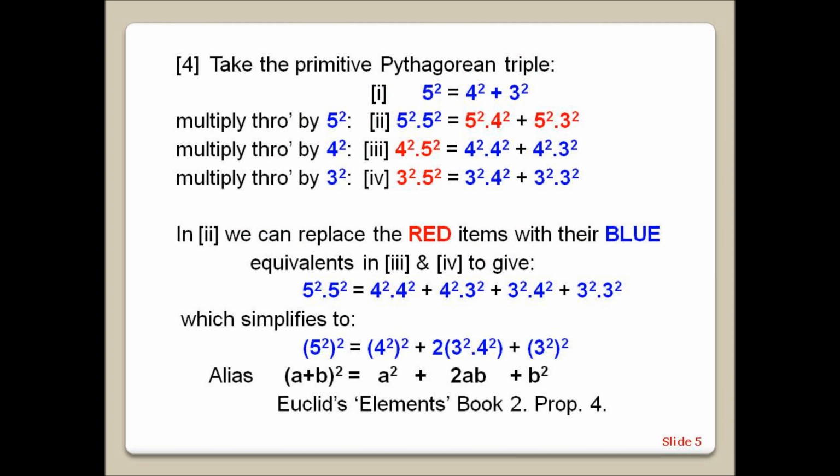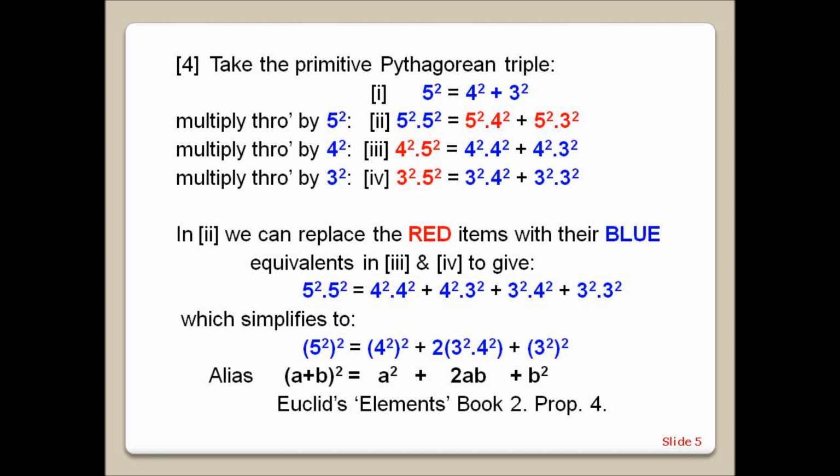4. Take the primitive Pythagorean triple 5 squared equals 4 squared plus 3 squared. Multiply through by 5 squared, then multiply through by 4 squared, then multiply through by 3 squared. In 2 we can replace the red items with their blue equivalents in 3 and 4 to give 5 squared